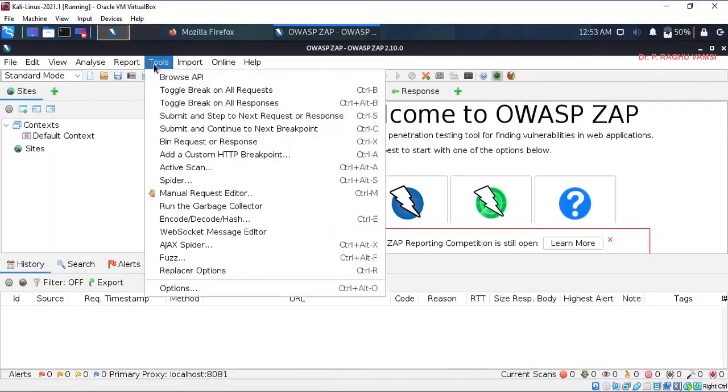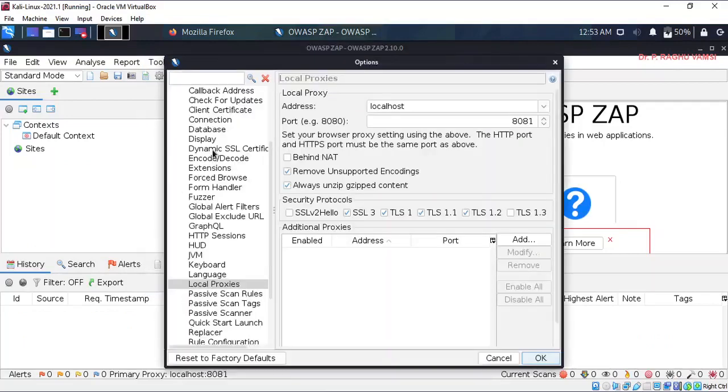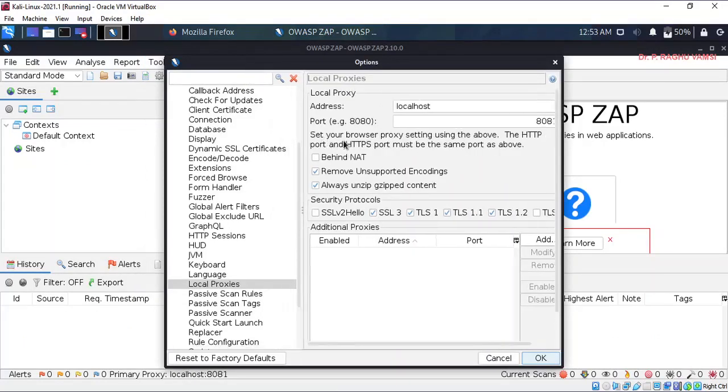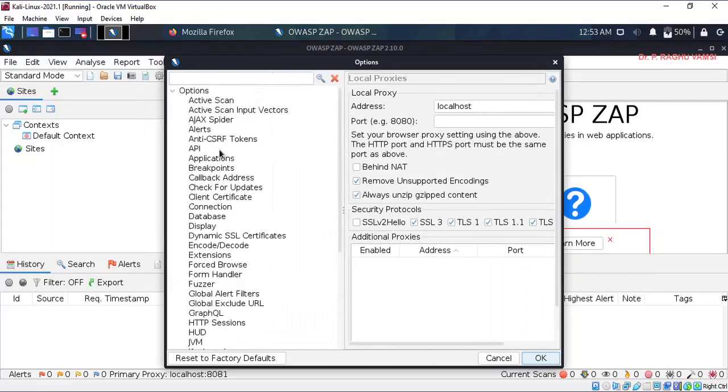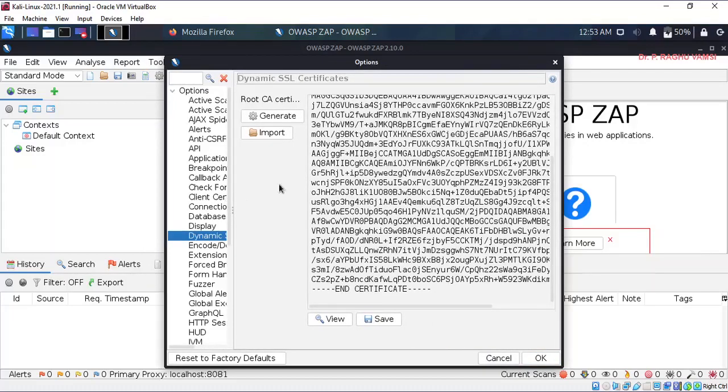Then in this tools, go to options, in which dynamic SSL certificates. If you observe here, dynamic SSL certificates. Click on dynamic SSL certificates. So here the dynamic SSL certificate was generated. You can generate another certificate also, that is up to you. So once you generate it,